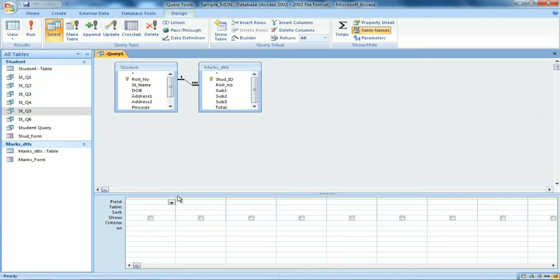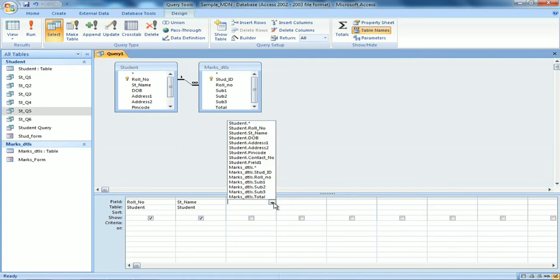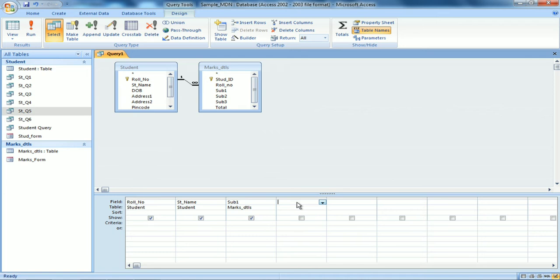From student, roll number, student name. Now from marks details I choose subject 1, subject 2, subject 3.